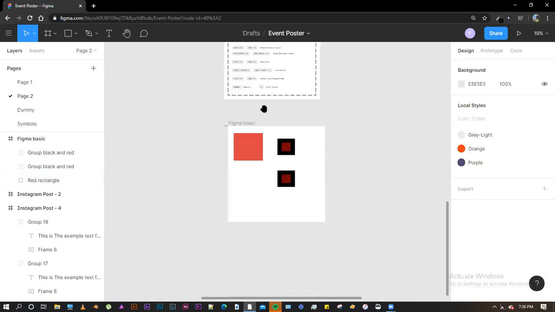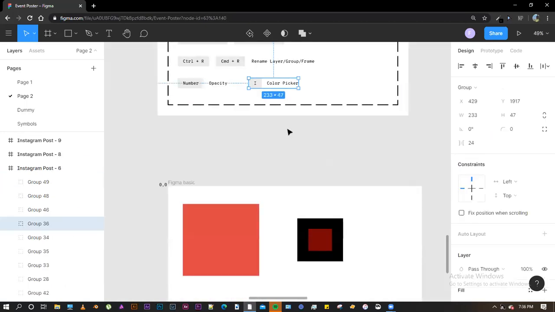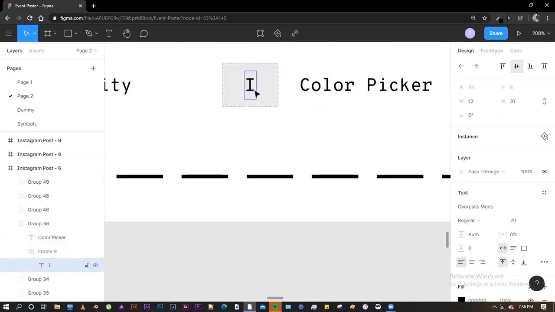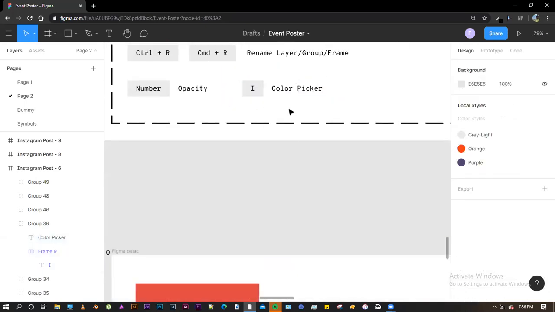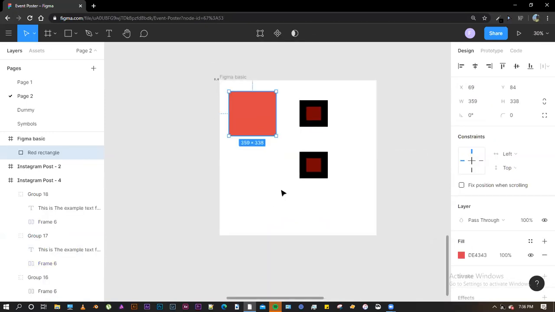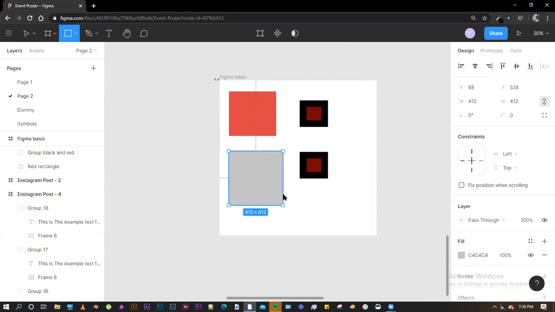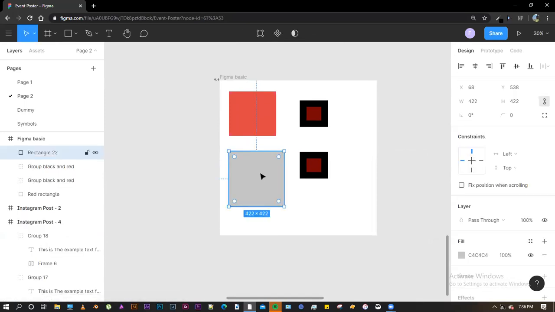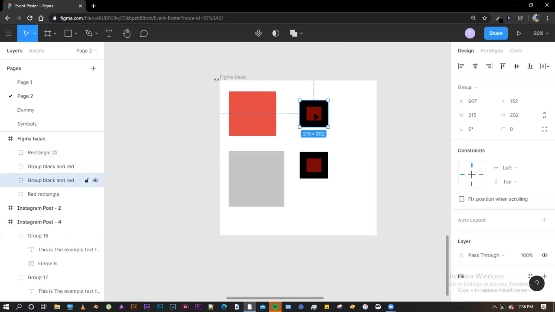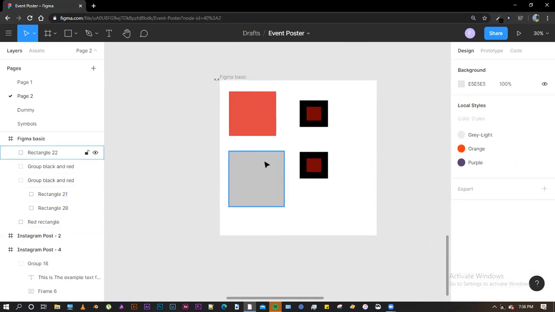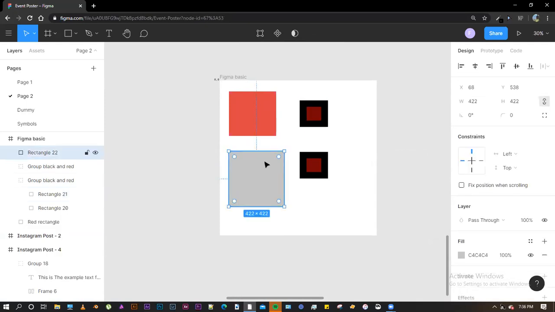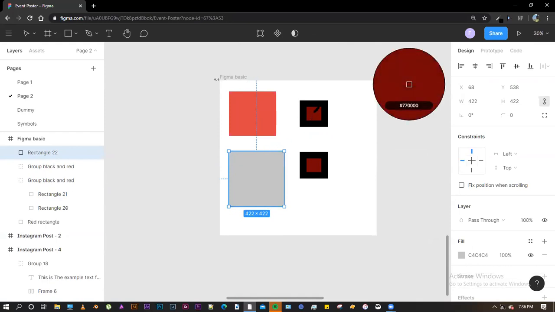All right. And one of the basic shortcuts is the I button, which is the color picker. Say I create another rectangle by clicking on R and creating this shape, and I want to pick the color of this rectangle. I simply click on the rectangle that I want to change the color of, and click on I. So this eyedropper tool appears, and wherever I take it, it shows me which color it is.